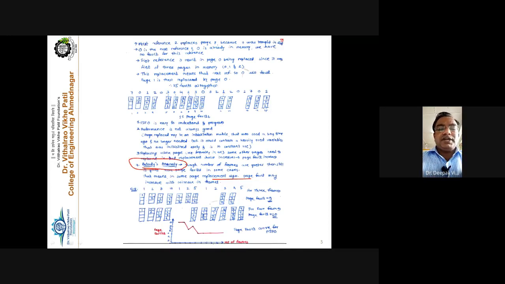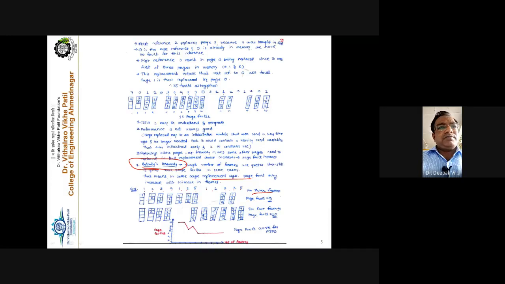Always there is a question: write a note on Belady's anomaly with a proper example. You have to remember this example always: 1, 2, 3, 4, 1, 2, 5, and 1, 2, 3, 4, 5. This string you have to learn by heart while explaining this example of Belady's anomaly. This is the memory reference string. Now for 3 frames, first a page fault occurs.